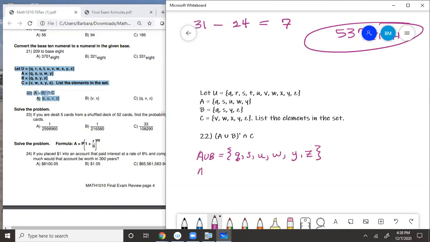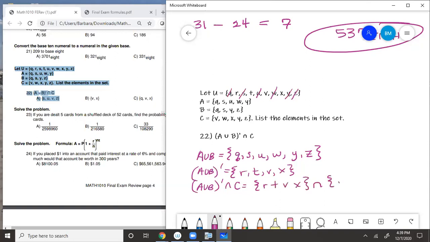Great. All right, now the complement is everything in the universal set that's not in the union of A and B. So it's not Q, not S. We have R, so R, T, V, and X. Great. Okay, and now we're going to intersect that with C. All right, so the whole thing, we're going to put this together now. R, T, V, X